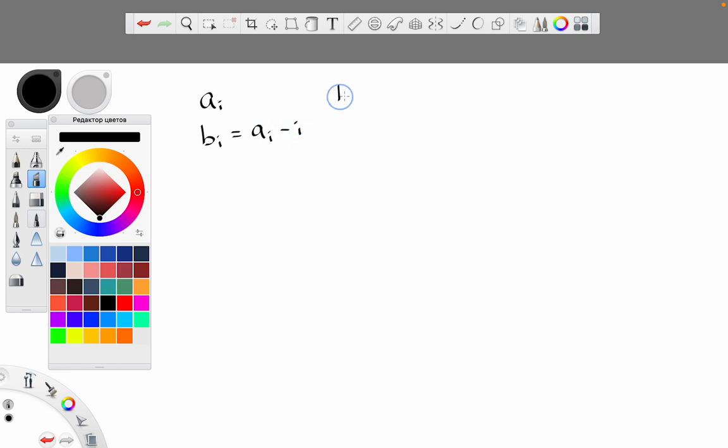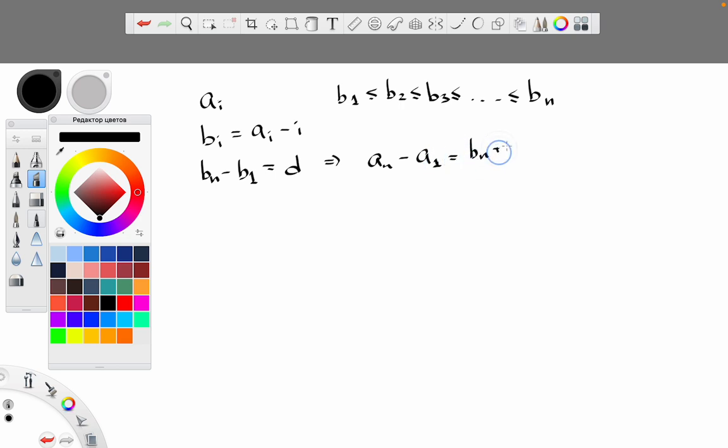Now b should be non-strictly increasing. Okay, so if b_n minus b_1 is equal to D for difference, then a_n minus a_1 is b_n plus n,